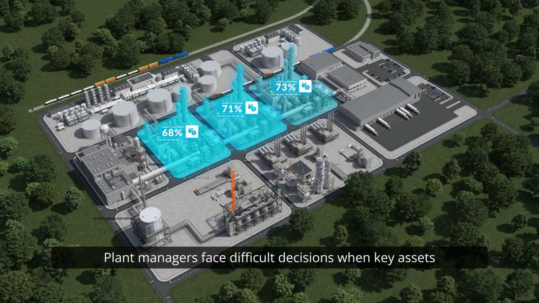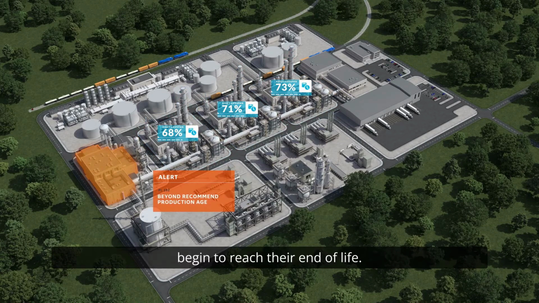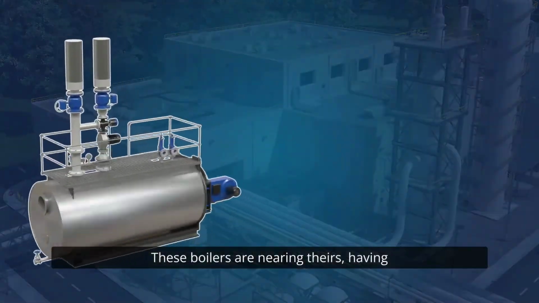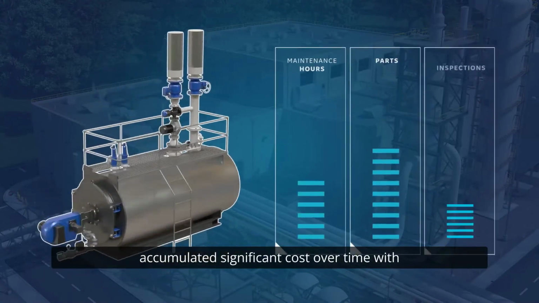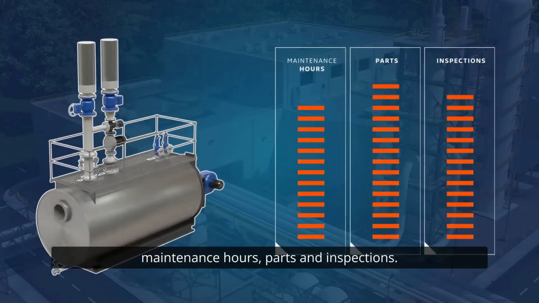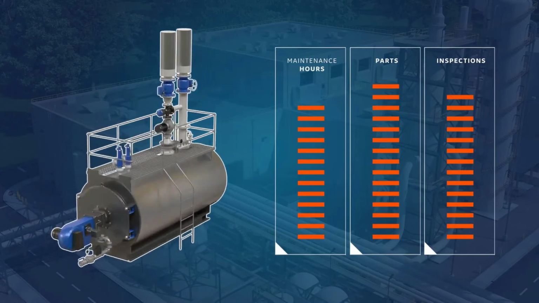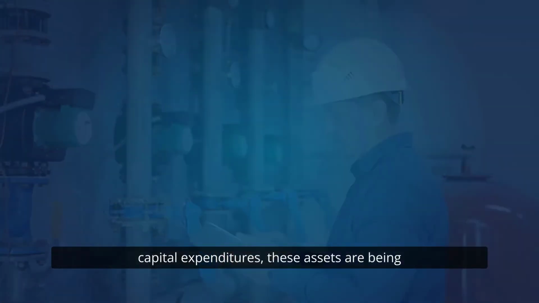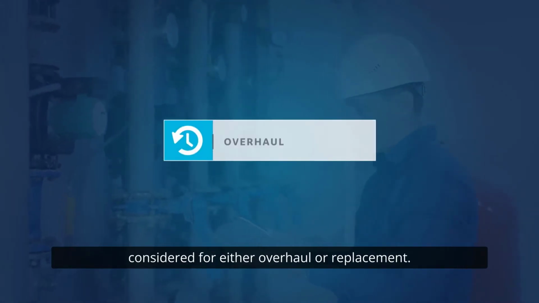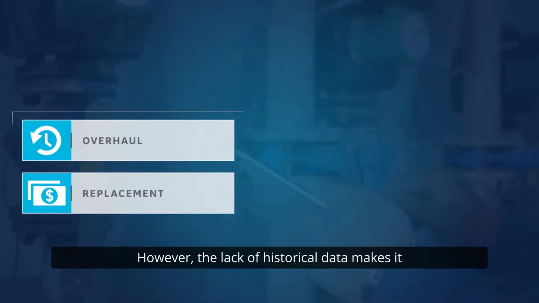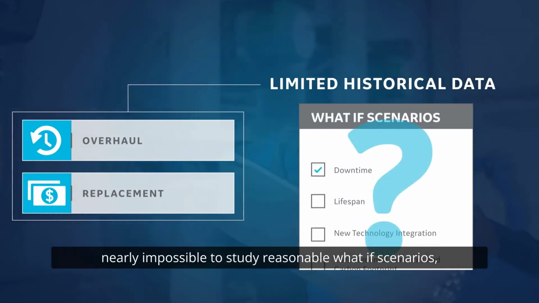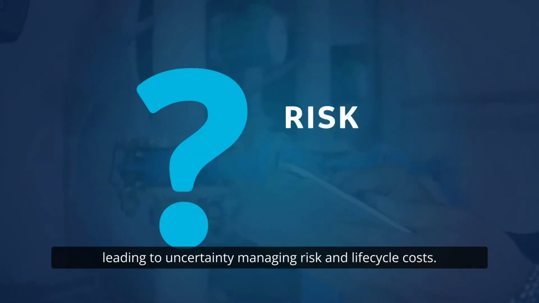Plant managers face difficult decisions when key assets begin to reach their end of life. These boilers are nearing theirs, having accumulated significant cost over time with maintenance hours, parts, and inspections. Given the company's focus on reducing capital expenditures, these assets are being considered for either overhaul or replacement. However, the lack of historical data makes it nearly impossible to study reasonable what-if scenarios, leading to uncertainty in managing risk